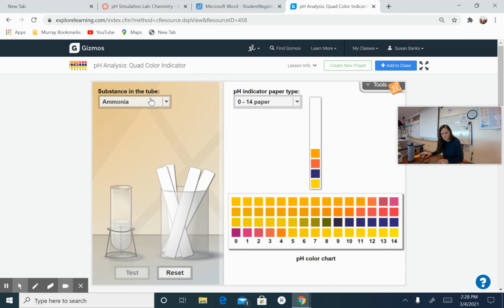So I'm going to go down to the next thing. I'm going to click on baking soda. I'm going to let that test tube fill up, and I'm going to click test. And then I'm going to match the colors that I have on my test strip to the colors that I have here. And you'll notice here, I'm about at a pH 8. Okay, so I'm going to do that over and over for all of these different